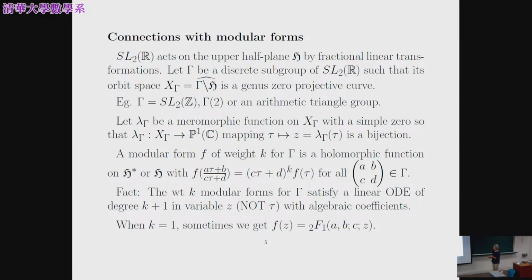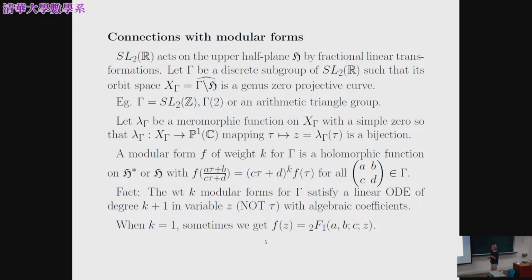And the interesting thing about the modular forms of a given weight is that they form a finite dimensional vector space. Usually in a number theory course, we study other properties, such as Fourier coefficients and so on. But there's one important relationship between modular forms and differential equations. Okay. So if we take a weight K modular form for this group gamma,